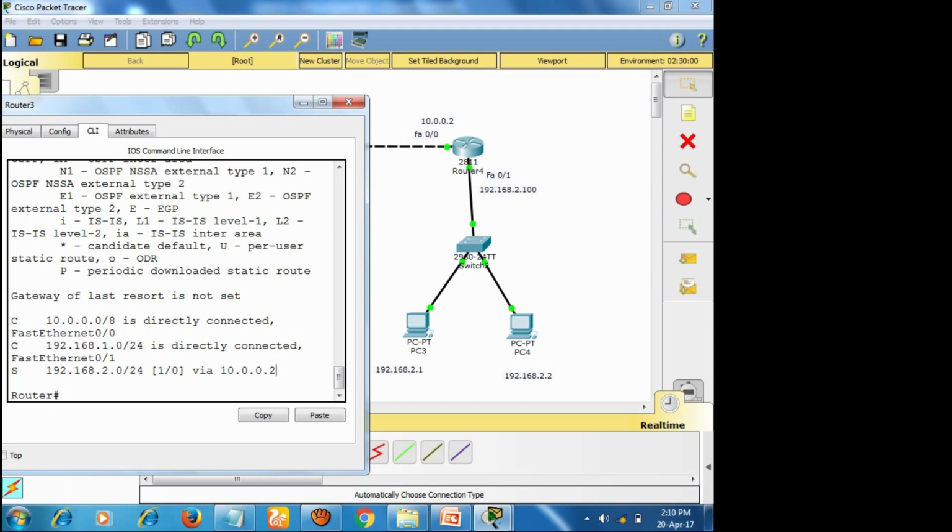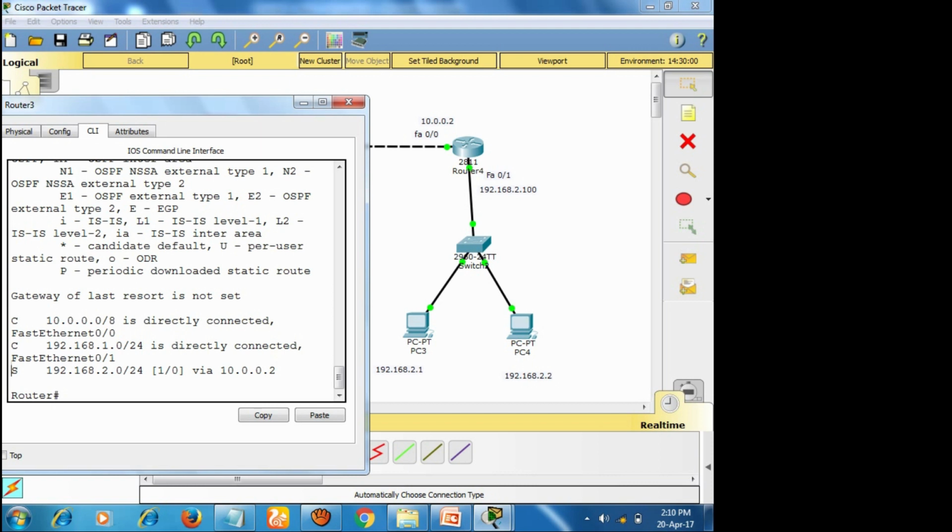Actually the router always uses the network ID, it's not using the host ID, right? It always mentions the network ID. Look at here, 0.0 means the entire network of 10.0.0, and it can communicate with the entire network of 192.168.1.0.